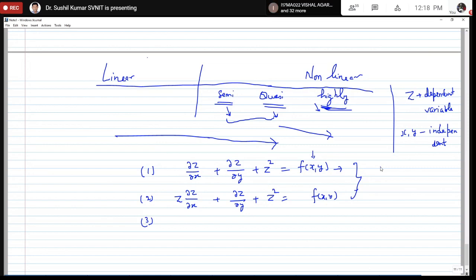Sir, it is not necessary for the dependent variable term to have degree 1. Not the dependent variable. What is the similarity? Sir, z square here also has z square. Yes, that is one similarity. See, these two functions will not have any effect on linearity of this equation. So in these two equations, what are the similarities? The z square term is the same in both.